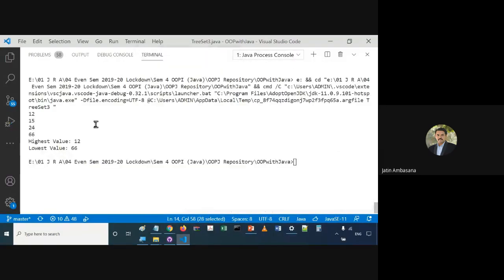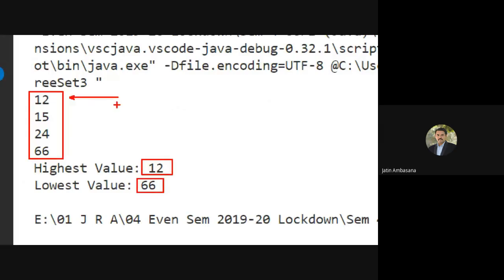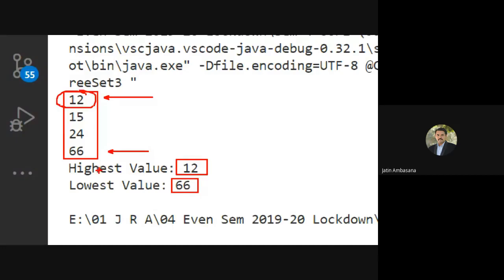Okay, so check this out. You can see over here the tree set is sorted, and the highest value is this, lowest value is this. Why highest value? Because this is on the top and this is at the bottom, right? Poll first gives you the first thing, poll last gives you the last thing.